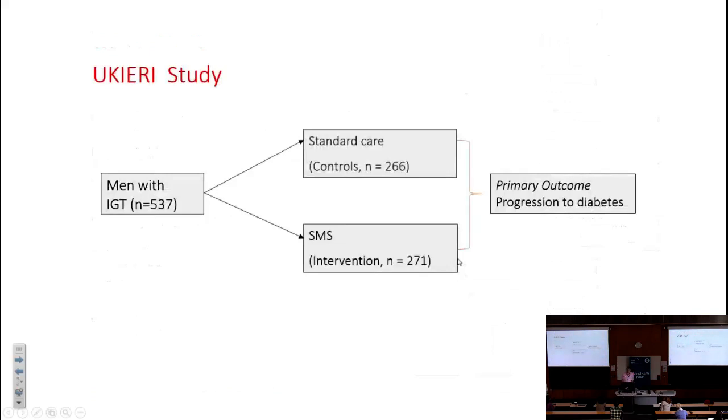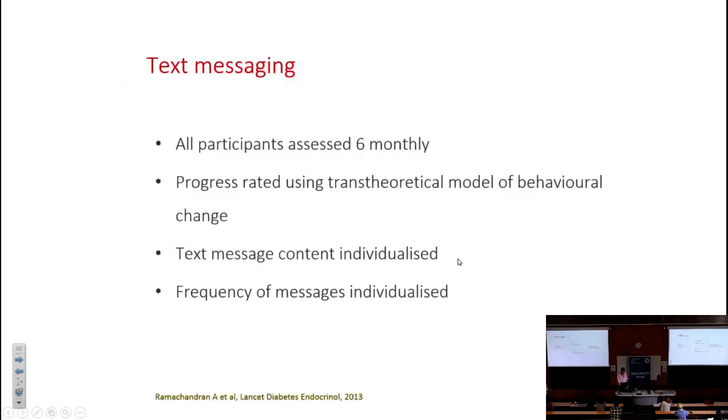These were all men, all who worked for the Indian Railways, and all of whom were recruited very rapidly by a pragmatic approach to measuring glucose, and the primary outcome from the study was progression to type 2 diabetes. The text messages were grouped into different categories according to the trans-theoretical model of behavioural change, which puts people into a category of pre-contemplation, contemplation, preparation,